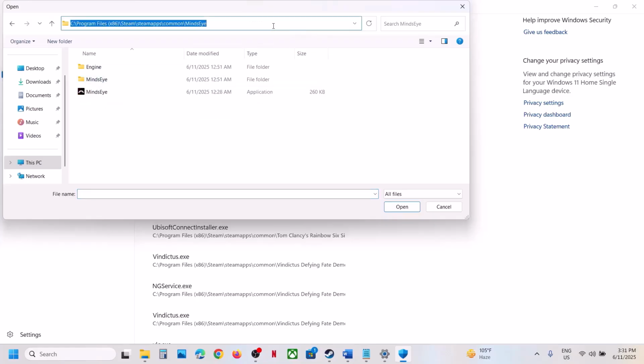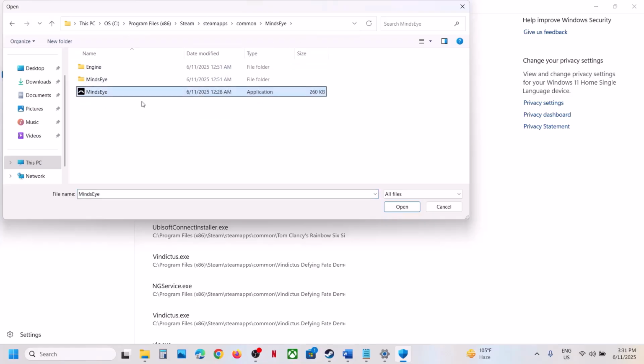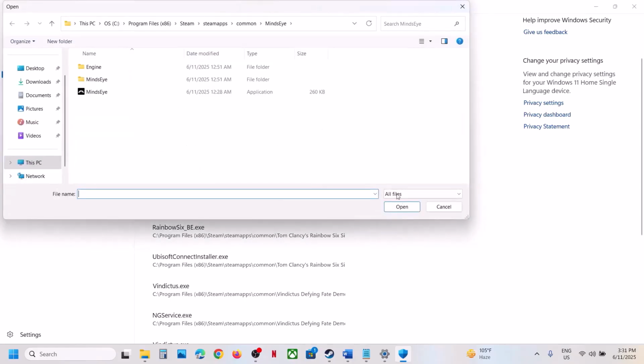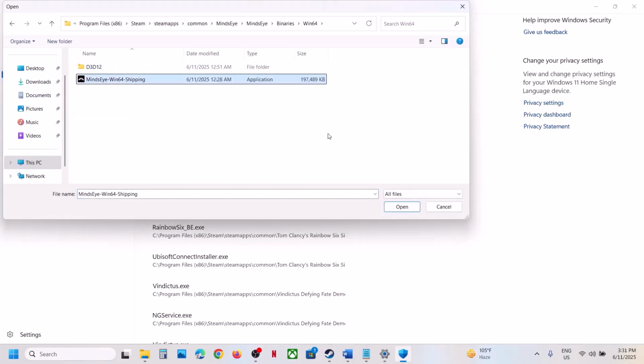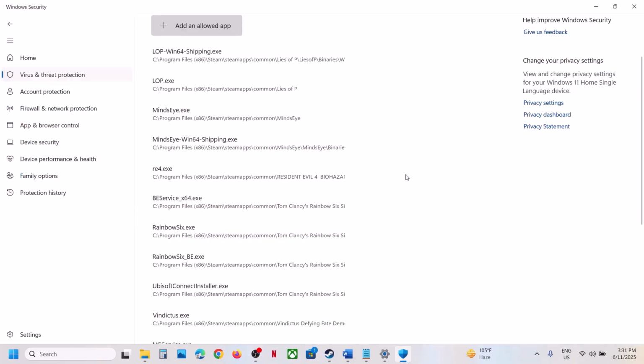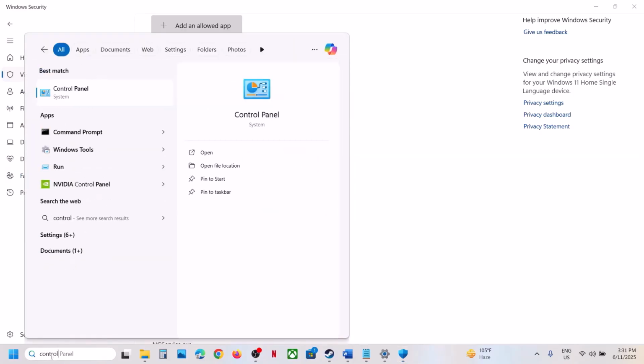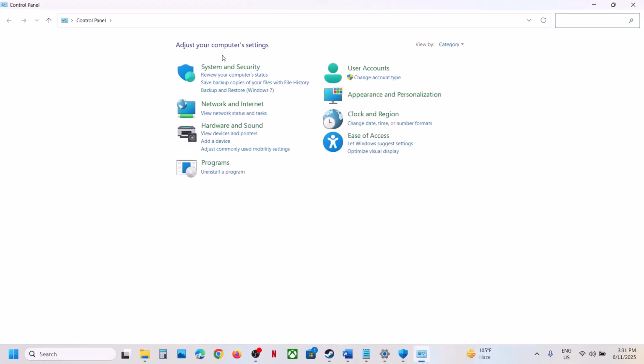In my case the location is this, and then select the game exe file, click on open, again click on add an allowed app, click on browse all apps, and then open MindsEye binaries Win64, select this exe file, click on open, and then type in control panel in Windows search box, and then go to control panel, system and